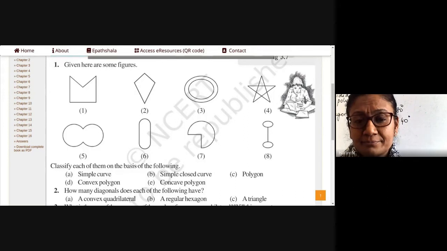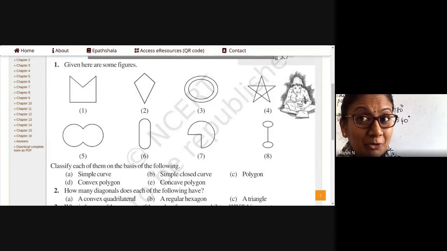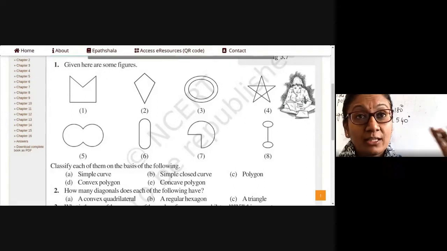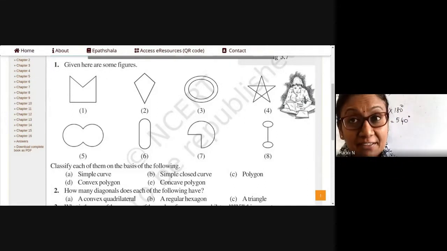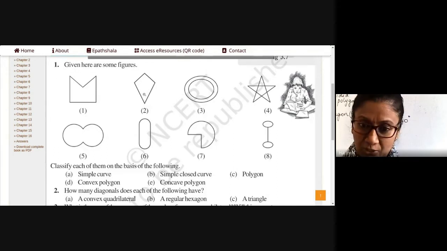Second one. This one. It is again a polygon. More specifically, it's a convex polygon because all the vertices are spreading out, divergent. Nothing is coming inside. In the first figure, can you see? In between the two vertices, one is coming inside. So this is a concave polygon, but the second one is a convex polygon.